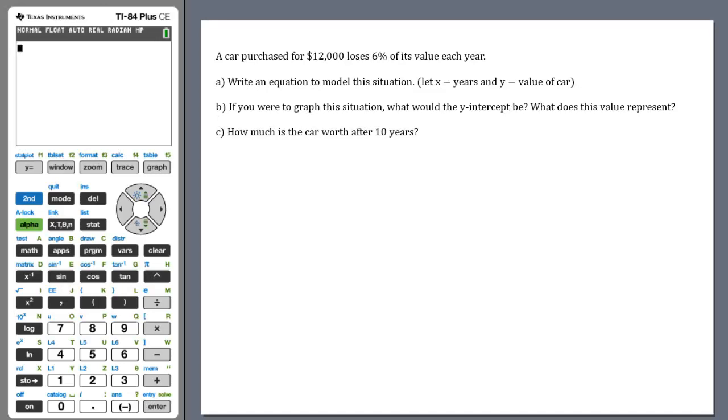And we're going to try to figure out what the y-intercept would be and what does that represent, and then how much is the car worth after 10 years. Okay, so